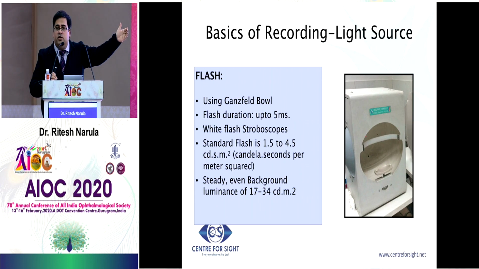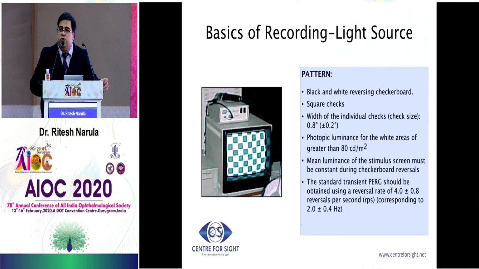Our retina is a curved surface structure like this. So if you want each part of the retina to be equally illuminated, the flash also needs to shine in that same circular or parabolic fashion. That's why you need to keep the eye in this parabolic structure, the Ganzfeld bowl, so that each and every part of the retina, when the flash shines, is equally brightly illuminated. Other than the Ganzfeld bowl, you can also use a pattern screen, which can either have a pattern reversal, wherein the black becomes white and white becomes black, or a pattern on-off kind of pattern, depending on what kind of test you are doing. So this is a pattern screen.